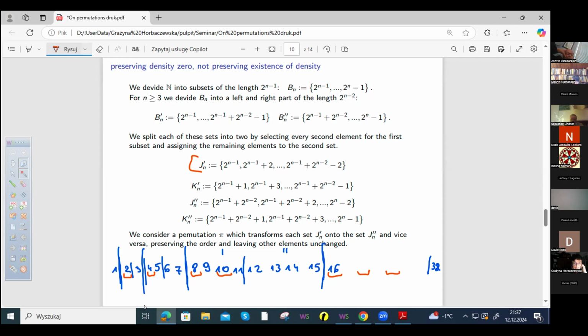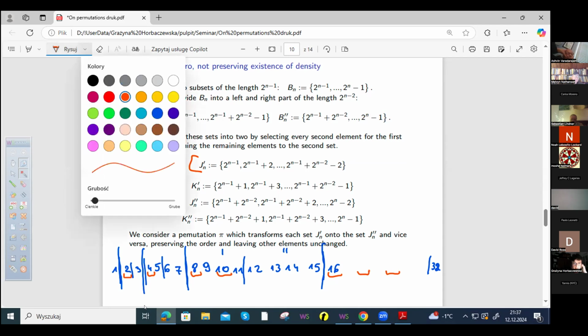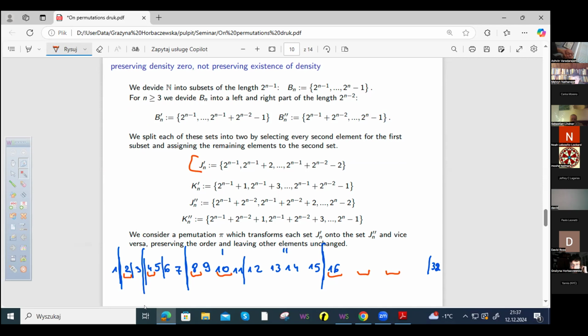And now we have the, oh, maybe too many colors, it's not useful. Okay, so on the right parts, we have the same. So we choose for the set J and with 2 primes, also these numbers. Maybe I'm going to denote them like that. Yeah, so we have this one. And then from this second part of this also, and so on. Okay, so we have these families. And now I'd like to explain the